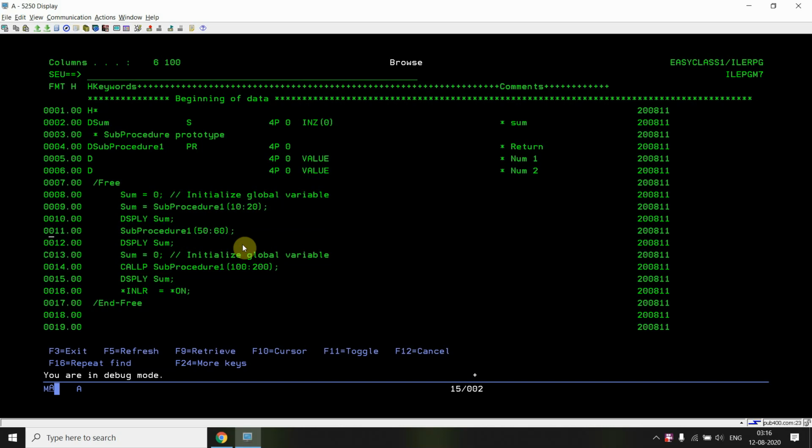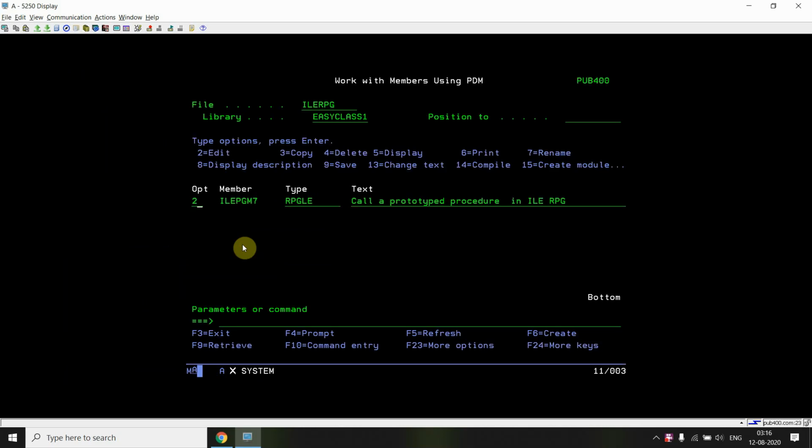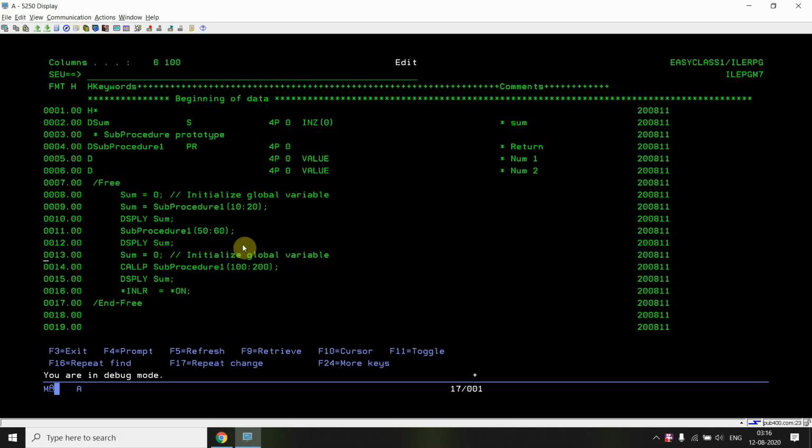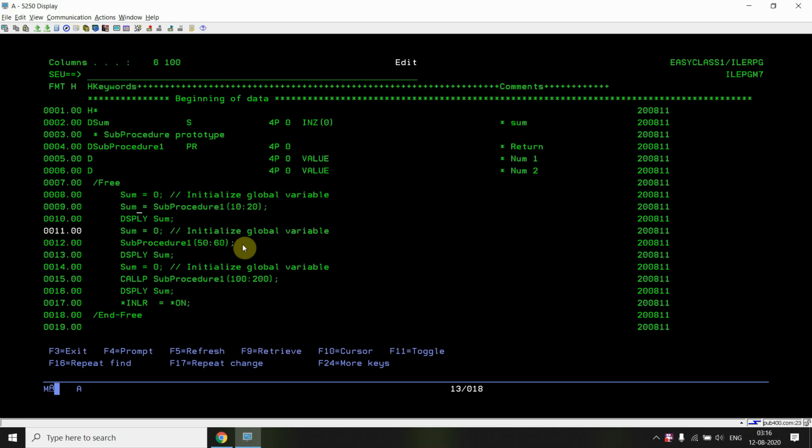For example, just initialize this so you will get to know the exact thing. You will see that it returns on the first time, so it will print the exact sum on the first instance, and on the other instances it will display 0, 0, because it is not returning anything.